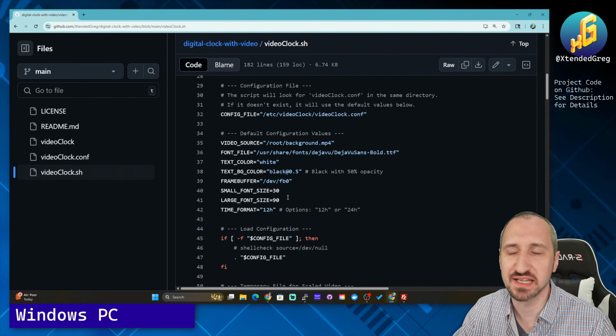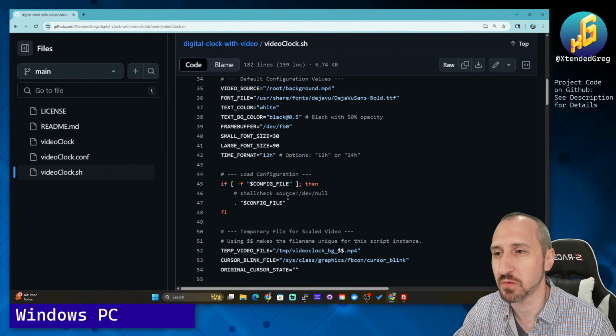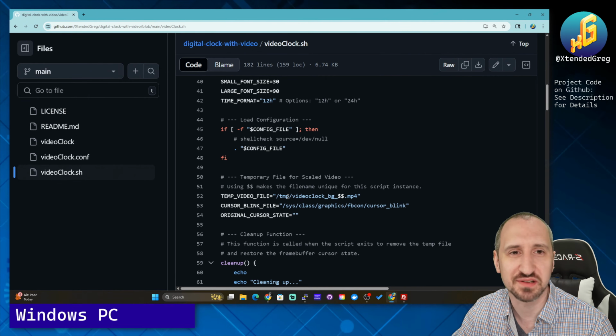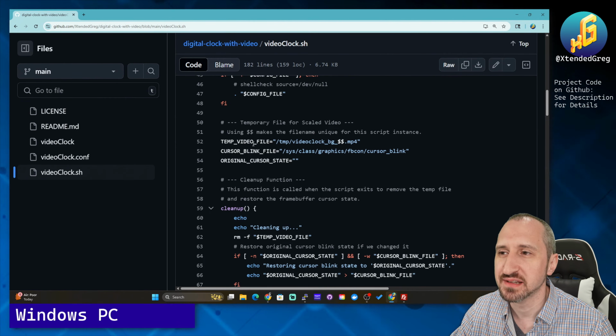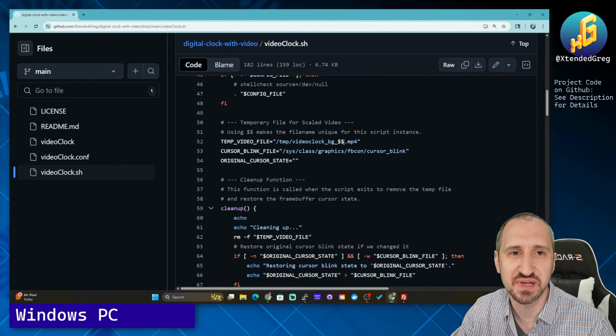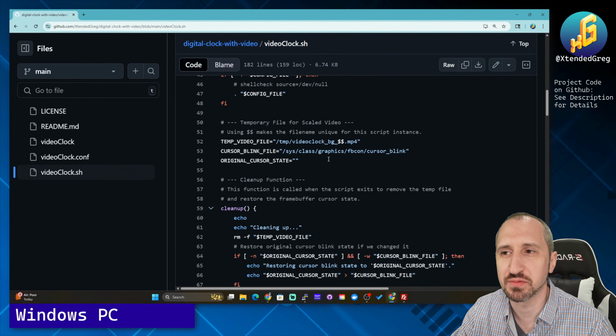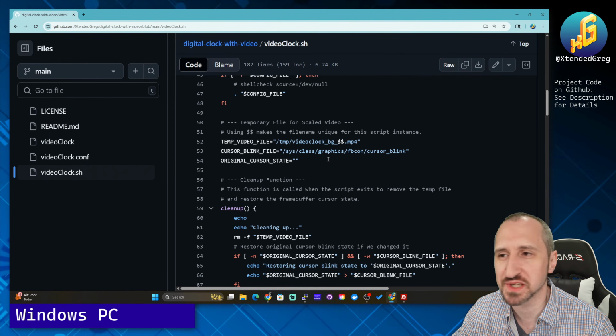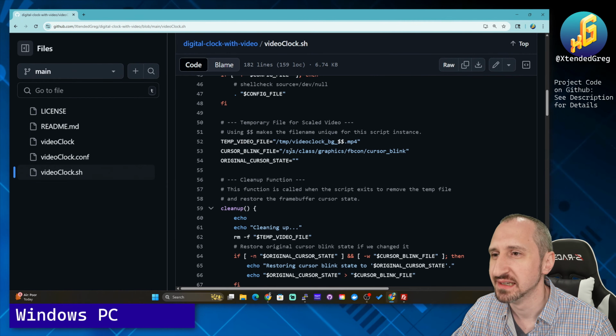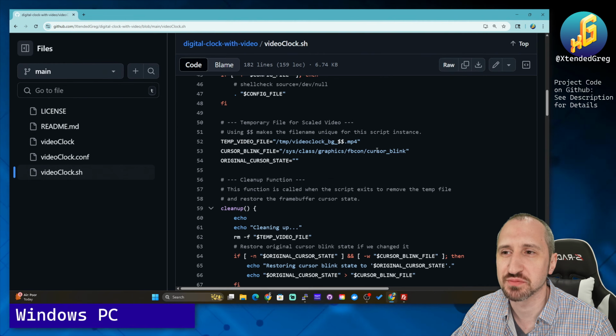So technically you don't need the config file if you don't want to. If you just want to edit this directly, that's totally fine. And then it's going to create the temporary video file, so it sets the path to include what the current PID number is. So if you start multiple outputs for some reason, so multiple frame buffers, things like that, technically you could do that. It also defines where the cursor blink